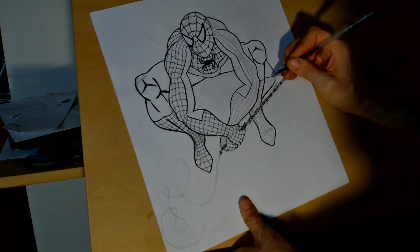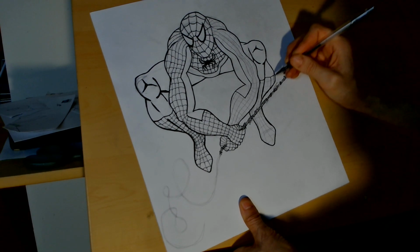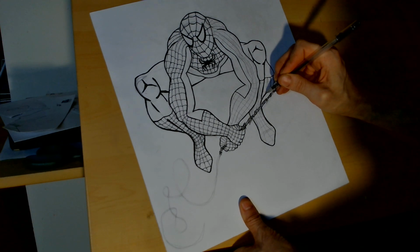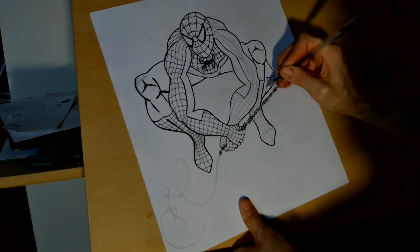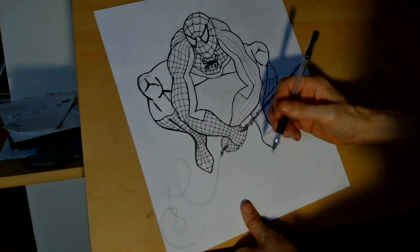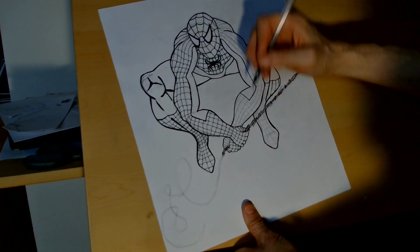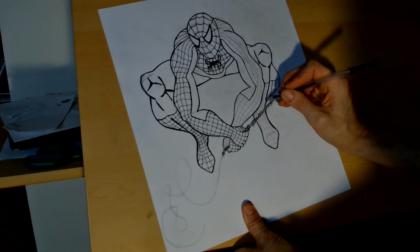So let's go. I'll do all the vertical lines first. Yeah. So when you're doing your Spider-Man, this is a little lesson. You want to do all your vertical lines first before doing your little curvy horizontal ones. That way there, because you're...